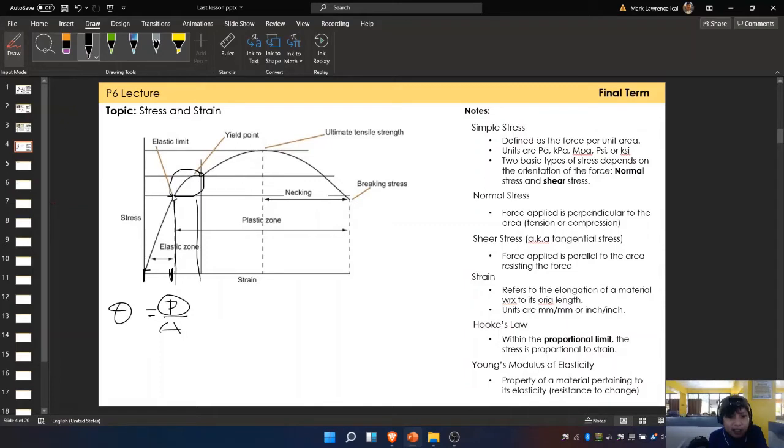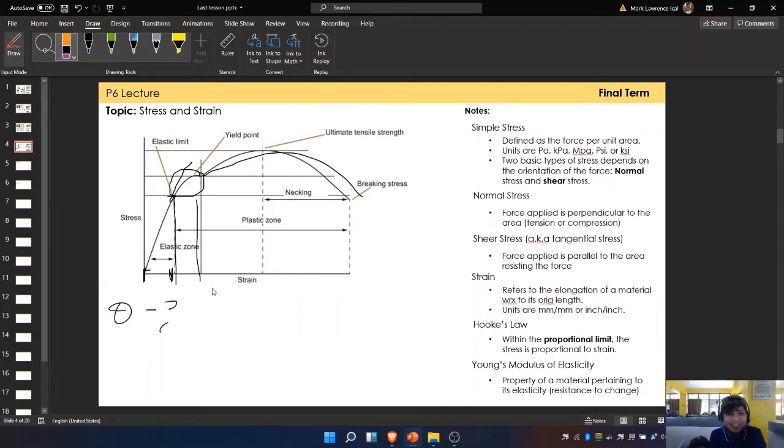Kasi, hindi na siya linear eh, oh. Hindi na siya linear. Kasi kung linear yan, dapat straight line pa rin yan eh. Oh, di ba? Okay, dapat straight line eh. Kaso lumiko na siya. So, ibig sabihin, mas malaki na yung elongation niya. Humaba na yung length ng change niya. Tapos biglang haba lalo kasi mapuputol na siya. Pak! Ganun.